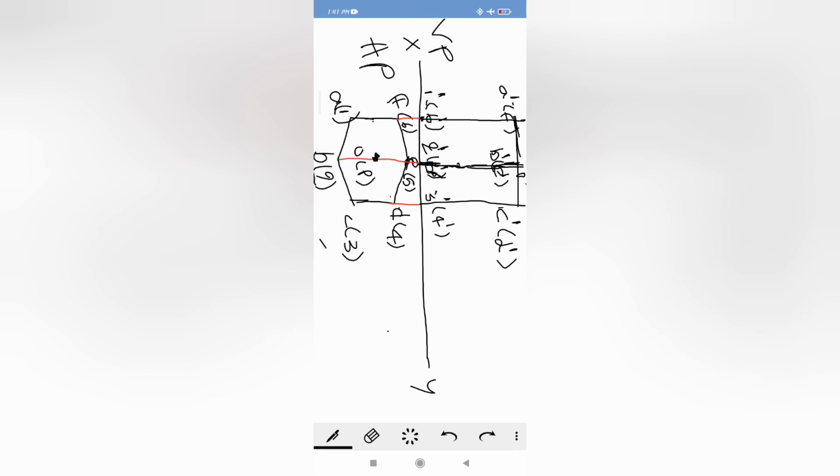Whenever the prism is resting on HP with its base, the top surface can be seen from the top view. Therefore we have to start from the top view, whereas from the front view you can see the rectangle in contact with the reference line. In a prism, the top surface and base surface are the same, so we took the points on the top surface as ABCD, and the points on the base as 1 2 3 4. From the top view, the points ABCDEF are visible, so I kept them as they are. The points below, 1 2 3 4 5 6, are not visible, so we placed them in brackets.